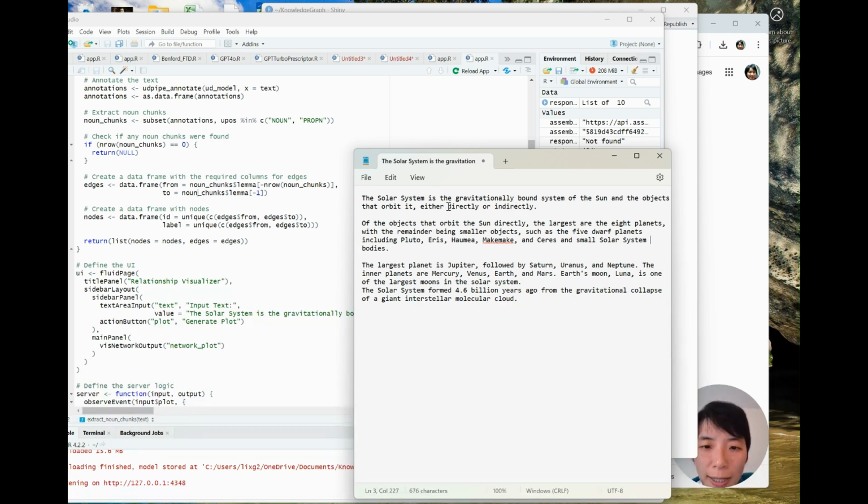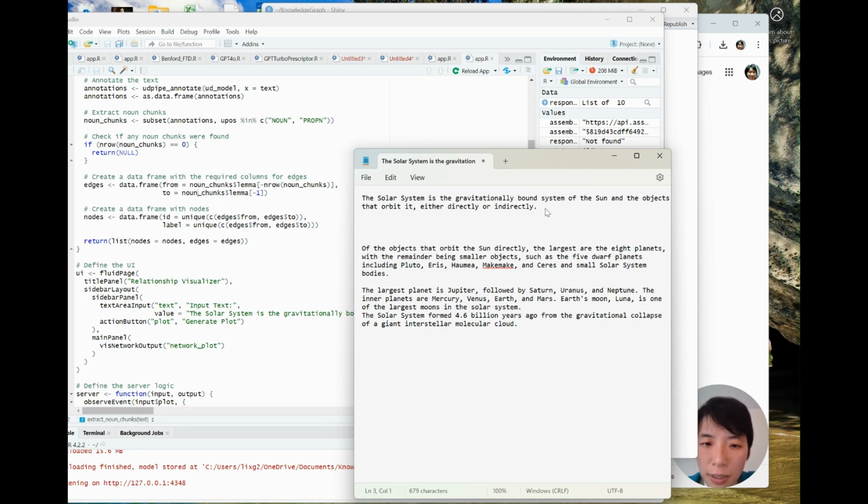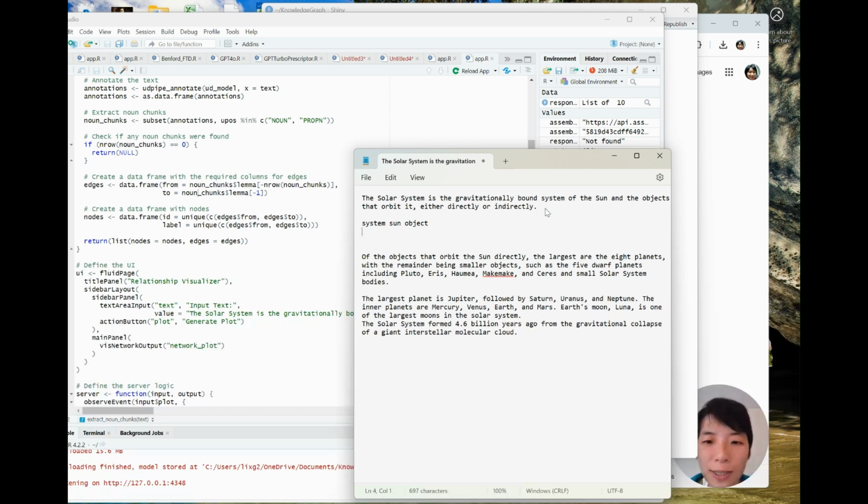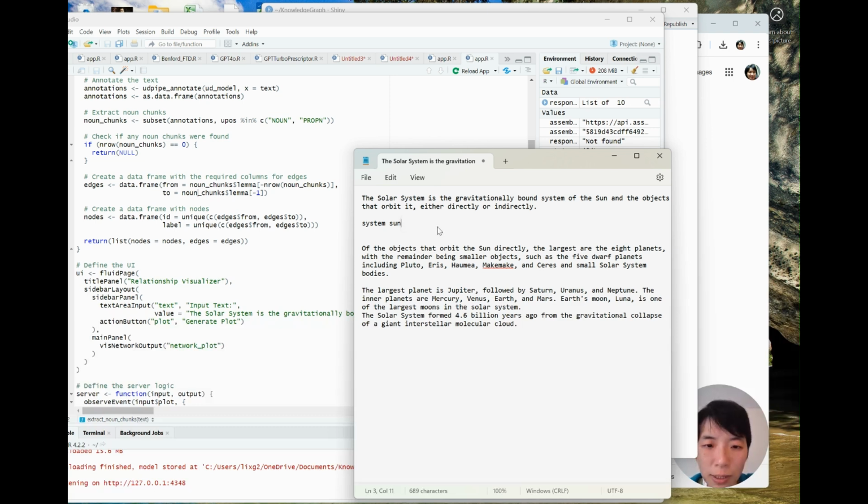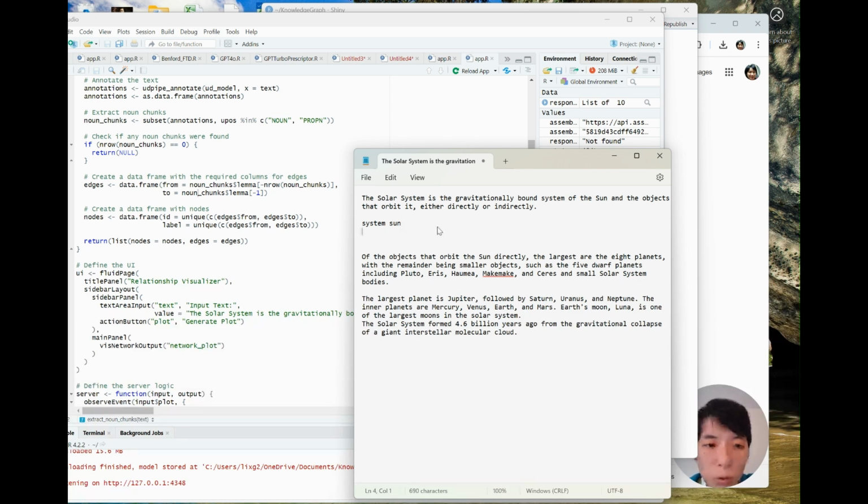So if you place all of these nouns in a pairwise sequence, I'll say system and sun and object, because these are the three nouns in this sentence, the from column would extract all the nouns except the last one. So we're left with system and sun. And the to column is all the nouns except for the first one. So we are left